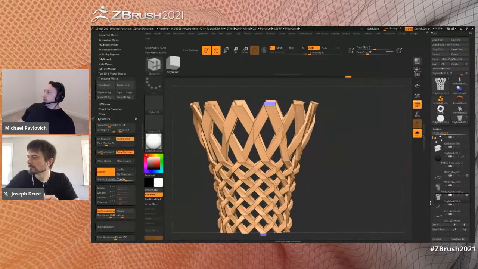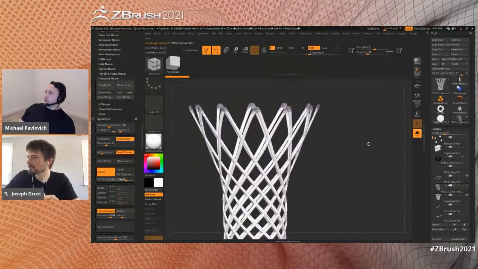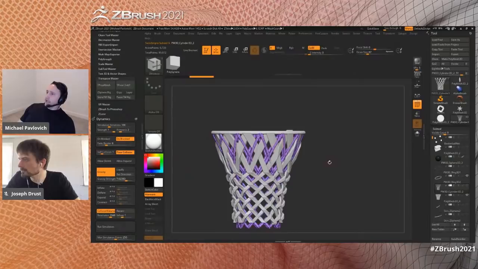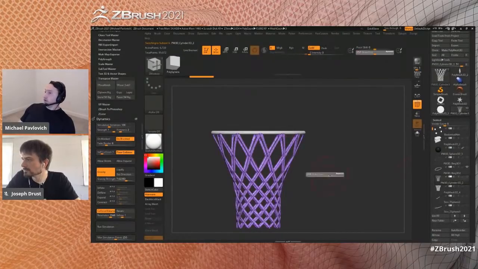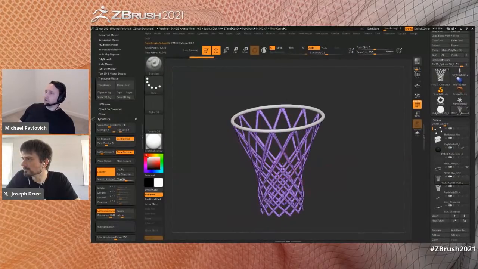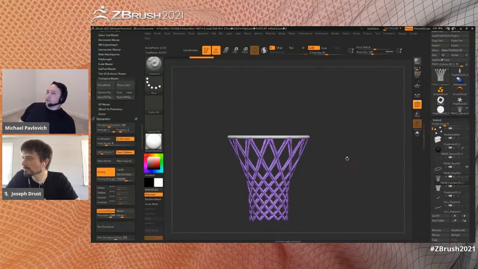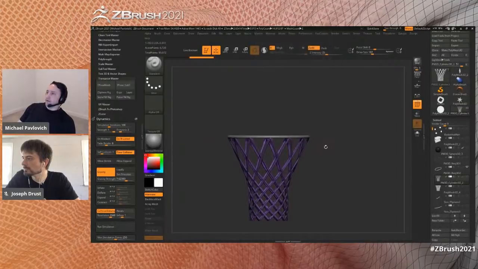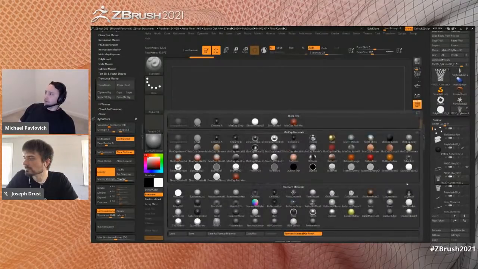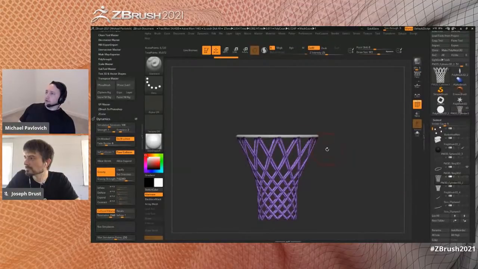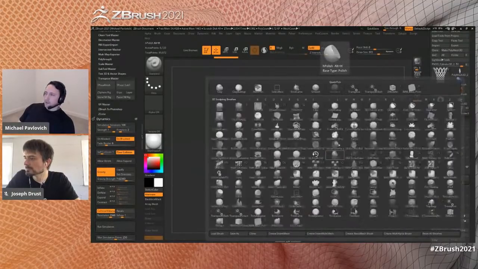And the end result of that is just this net, essentially. Now, you may be thinking, oh, great, looks just like the net I want. However, why it's not the net you want is it's dynamic. So these threads, the way that micropoly was put together, and there's nothing wrong with it. It's just, for my purposes, what's going to happen is when I, okay, I'm going to mask this out, and I want to go through and,